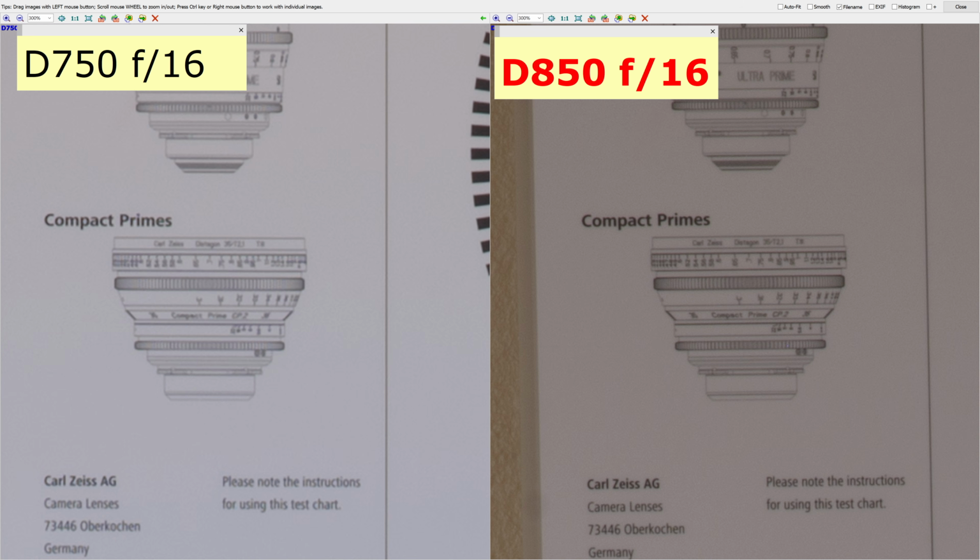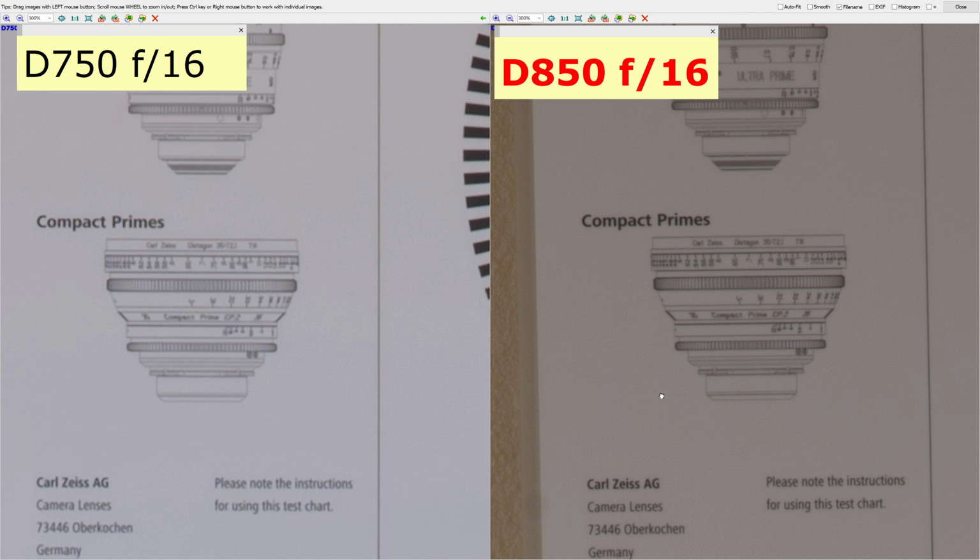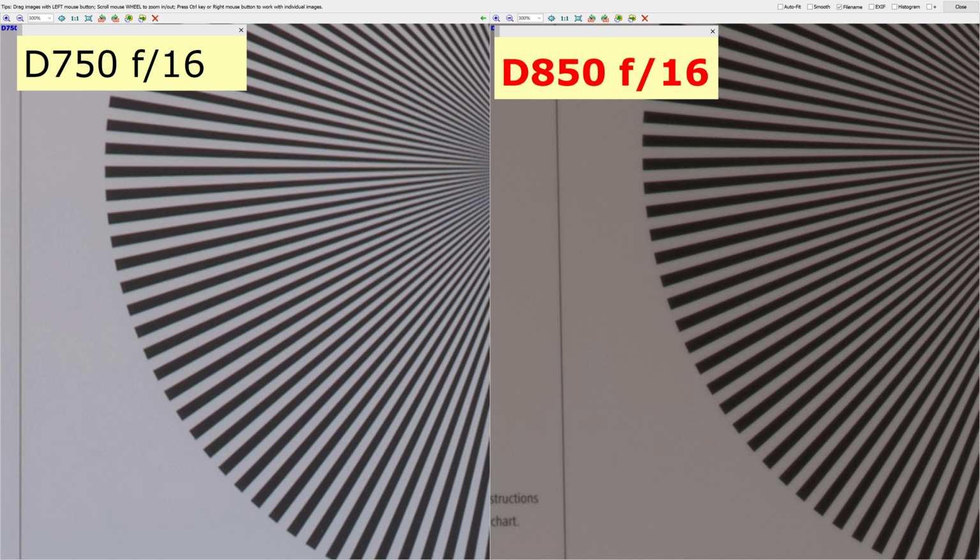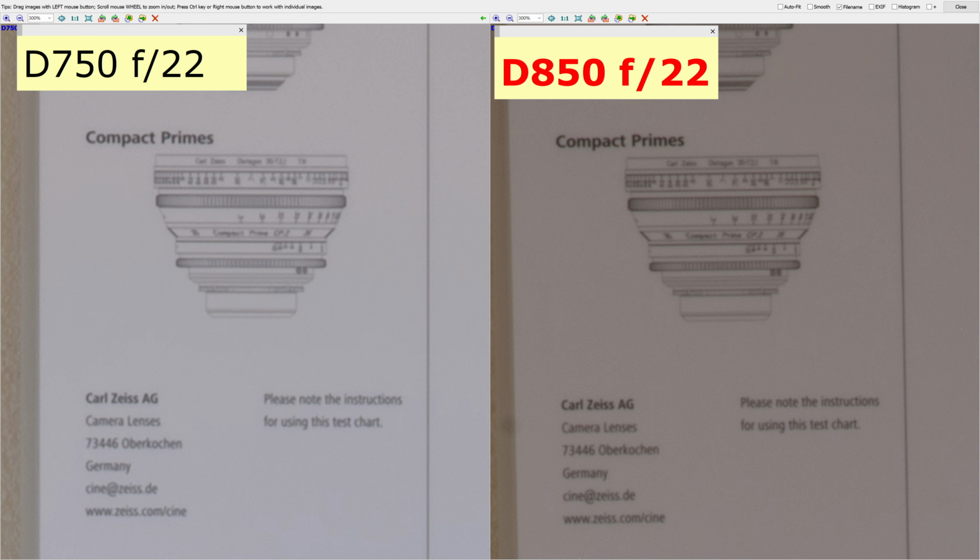Same files, same sharpness throughout. And at f22, what you expected. The upscaled D750 file at f22 is sharper than the D850 file at f22 because of the severe diffraction in the D850.